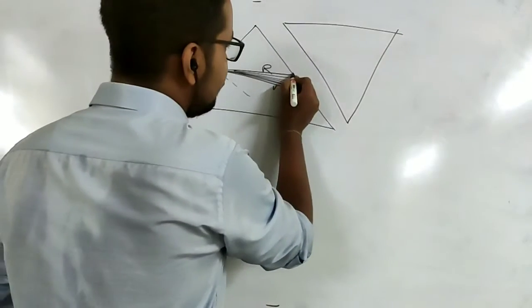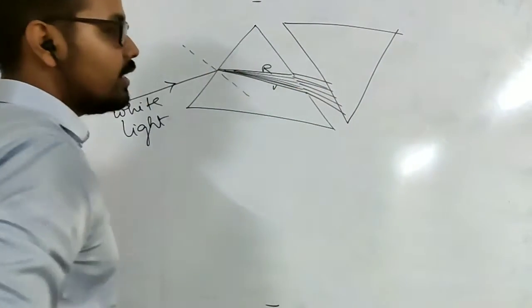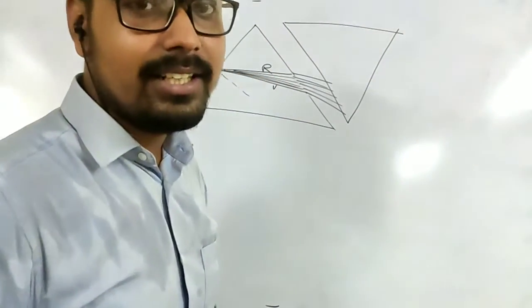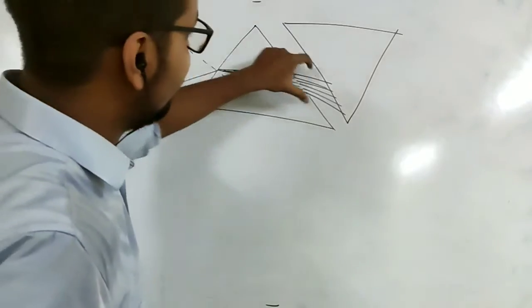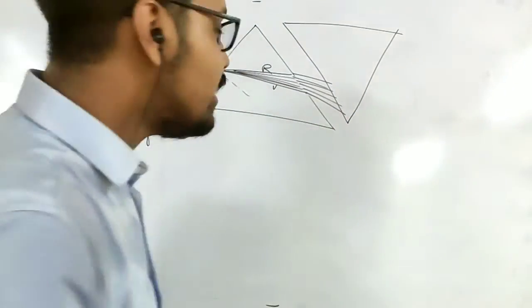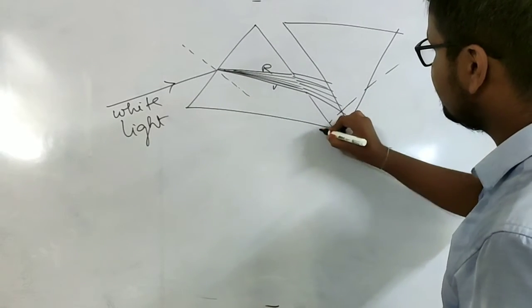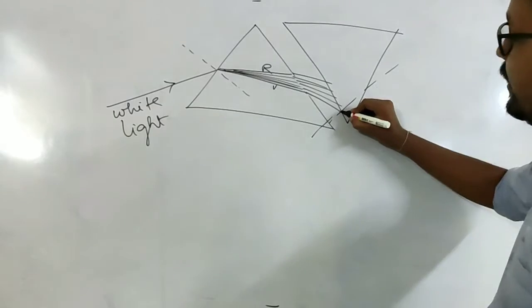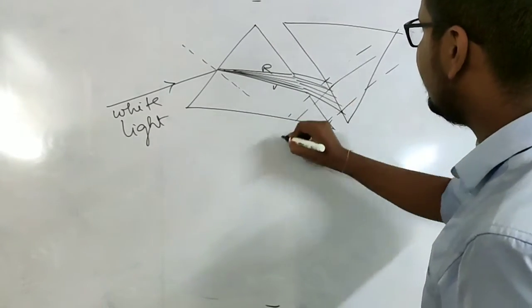Now what happened? These things will bend. Because it is in the reverse direction, the refraction will take place in the opposite way. So here from one light, lights were diverging. Now what will happen? It will converge. Why? Because here we have the normal. If I draw the normal right here, what will happen? There will be a normal for each ray.